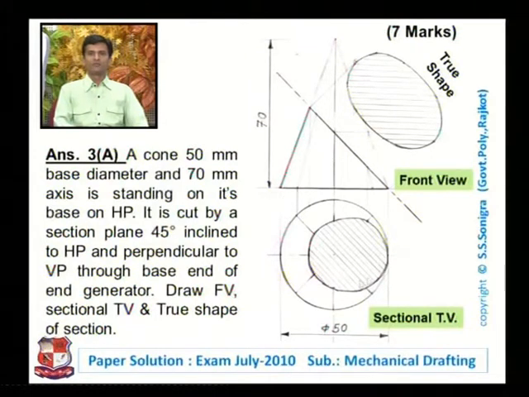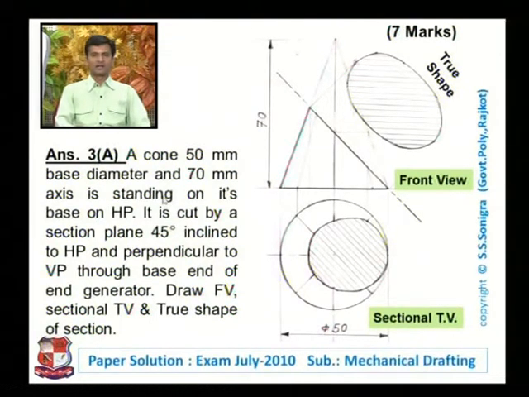This is the top view. Draw section lines like this. Write the names of the views. It's a sectional top view. This is the front view, and this is the true shape of the section. This curve should be as smooth as possible. Here it should be much clearer that you should insert the dimensions. Height is 70 mm, diameter is 50, and this is the solution of the given data.